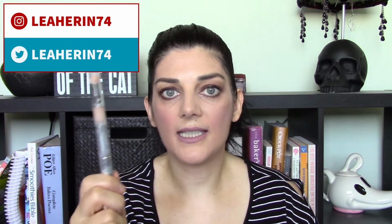So today I'll be trying out a new concealer I found at the drugstore. This is the L'Oreal True Match Super-Blendable Multi-Use Concealer. I purchased the shade Fair N1, which is the third to lightest shade available. I picked this up for $12.99 and it's available in 14 different shades, which is a little unusual for a